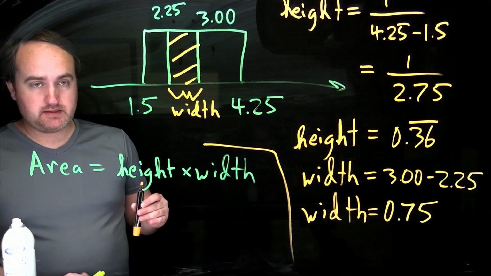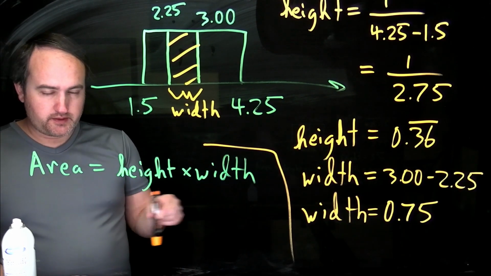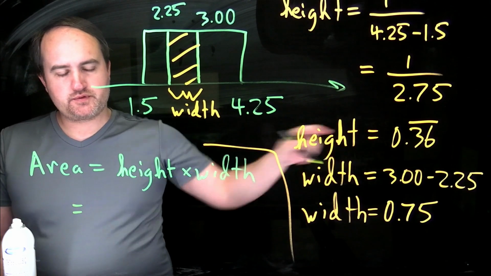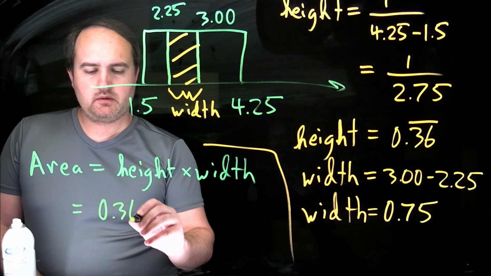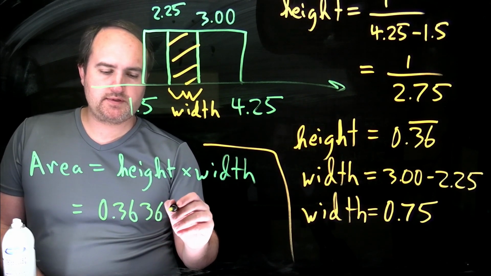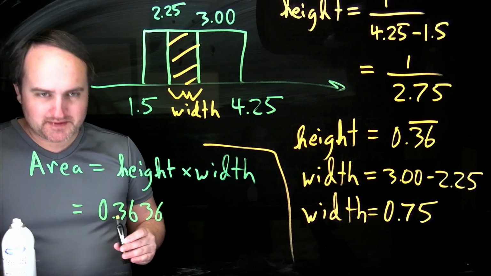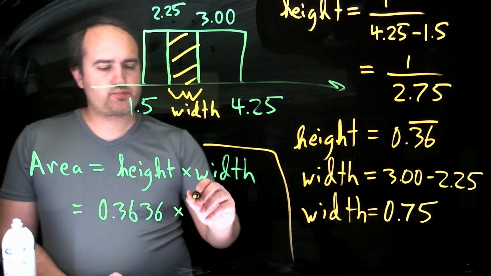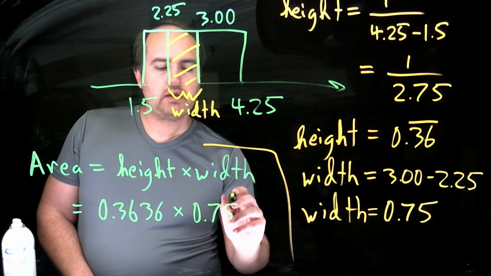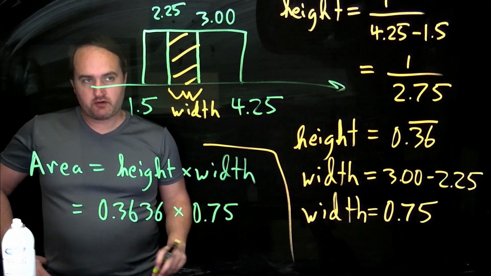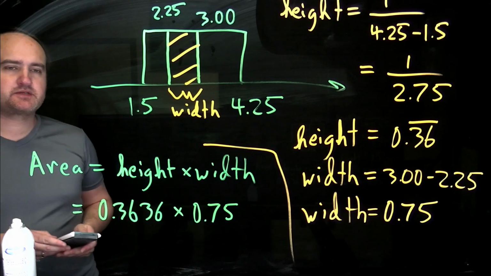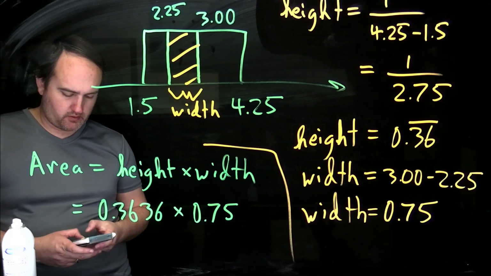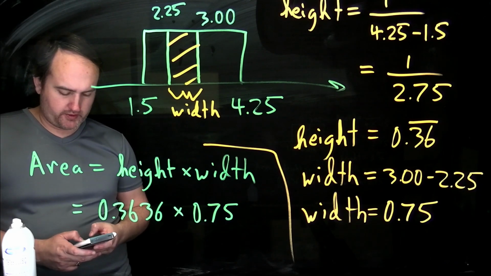Okay, and then if we plug all this in to the area formula, area equals height times width. So we've got area equals height, which we said was 0.3636, times the width, which we said was 0.75. By the way, you could also have used fractions here if you prefer. But when you have decimals, it's often easier to just write out a bunch of digits. So 0.3636 times 0.75